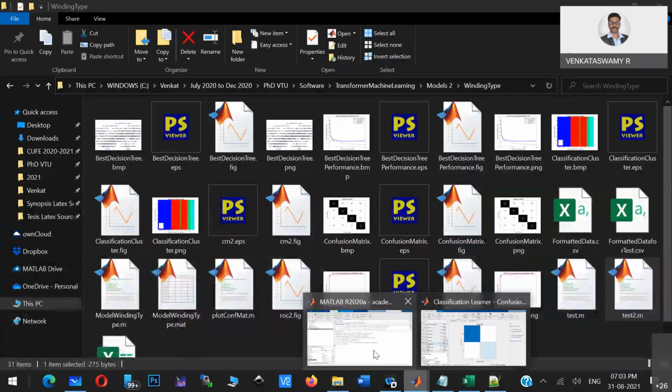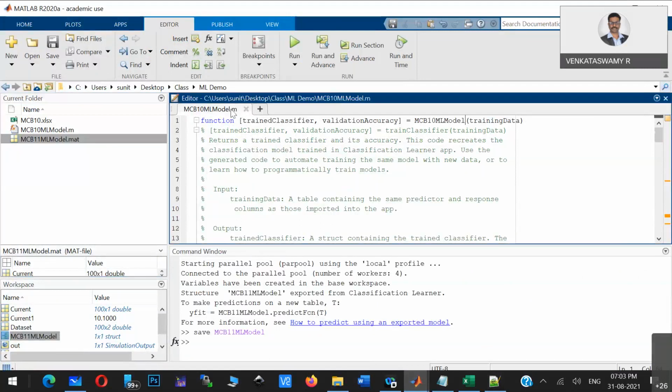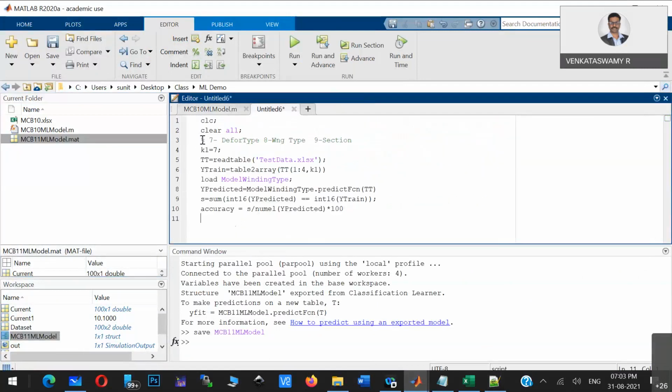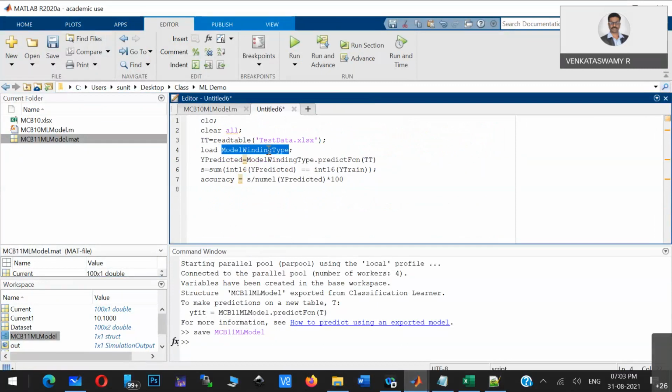So now I have a model, and using that particular model, I just want to test my system. So this is the program, a simple 2-3 lines of code that we have to write. You can try to read this particular program. So this is the 3 lines of code we have to write.